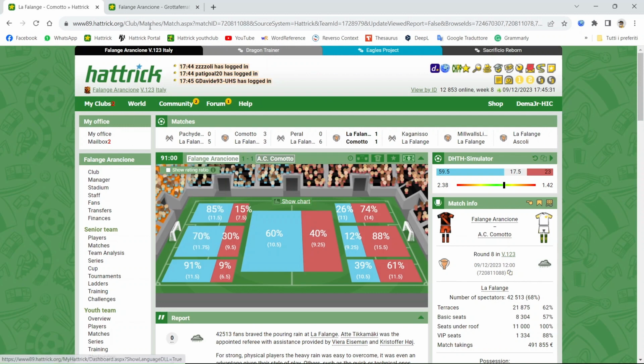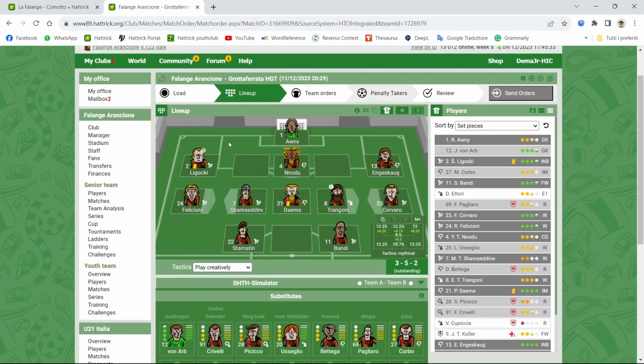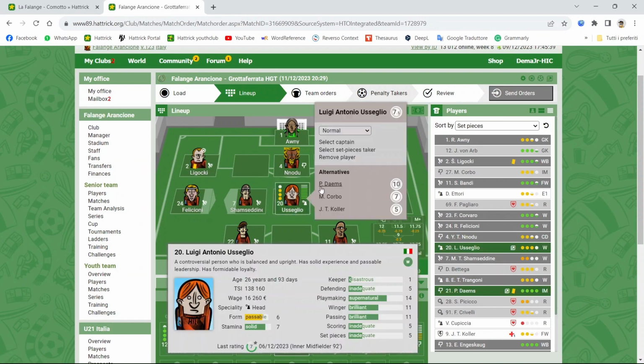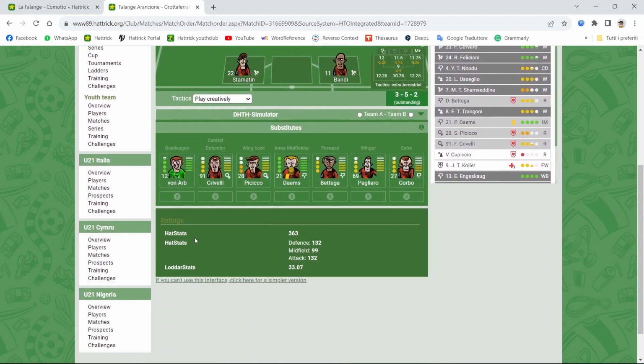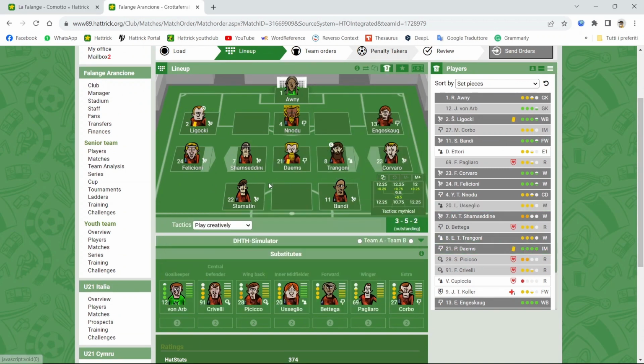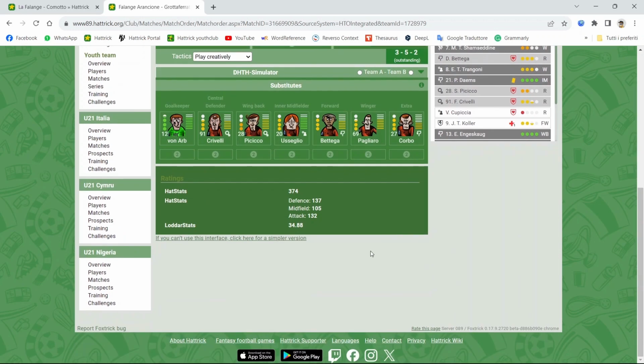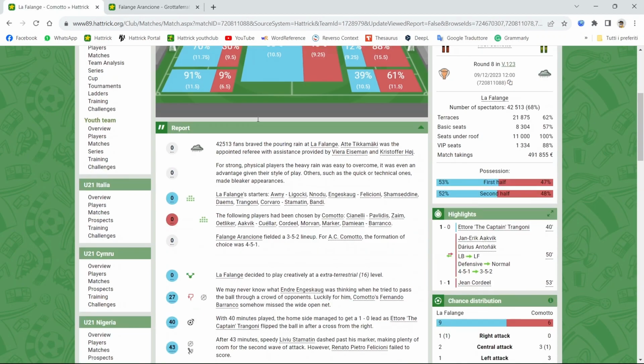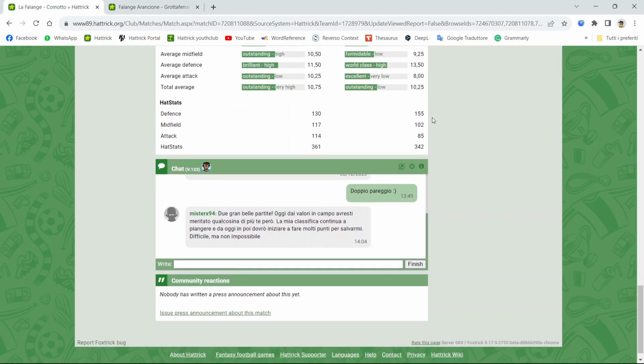Another really useful place is the lineup page. Here you have your lineup, maybe you are with Useglio in the field and you buy a new player. In this case we are doing with Useglio 99 in midfield. You buy a new player, in this case Dames, and you improve your values and also your value in the midfield from 99 to 105. In this way you understand how much the value of your team in the midfield is improving, and you can compare versus the opponents. In this case my midfield is more or less aligned to the opponent's one, but